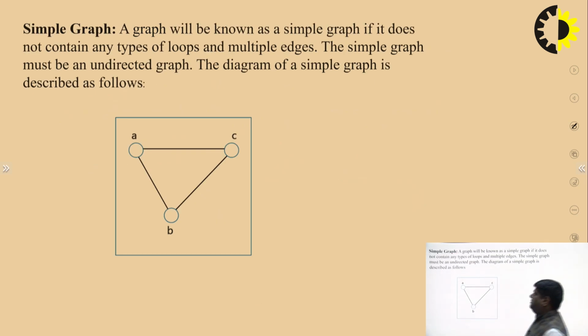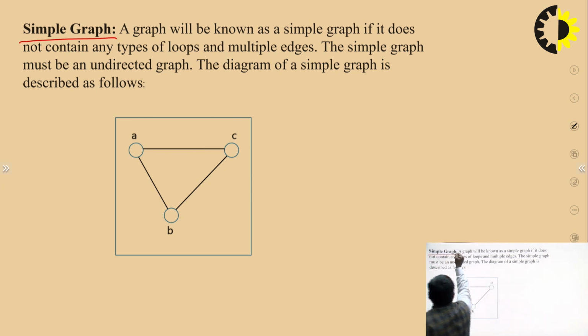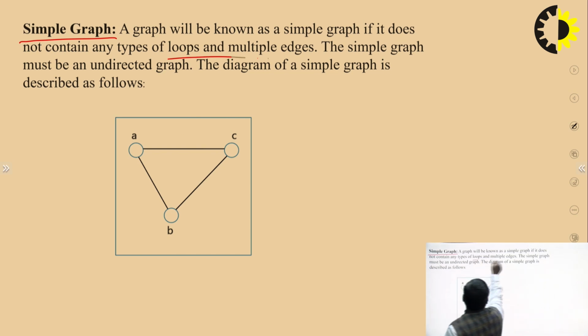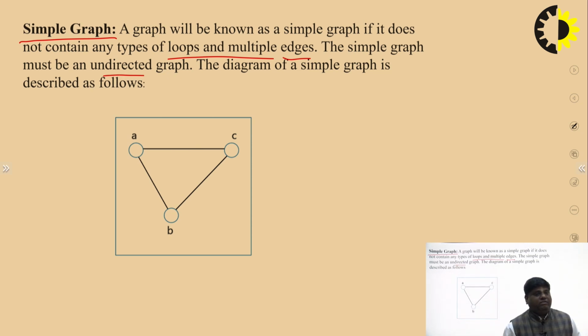Now the simple graph. This is another example of a graph. What is the simple graph? A graph is known as a simple graph if it does not contain any type of loop or multi-edges. The simple graph must be an undirected graph. Here, every undirected graph is known as a simple graph. And here one point is written that